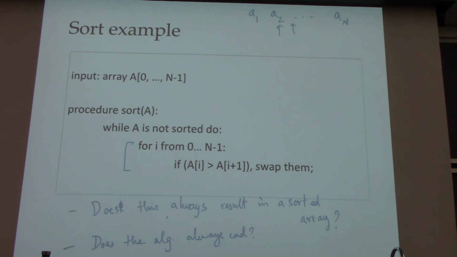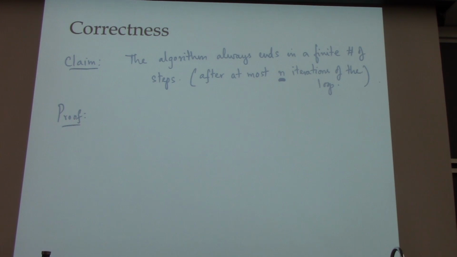Okay, so you are coming up with a different claim, right? You're making an observation that after i iterations of the loop, the ith maximum, the ith largest element,